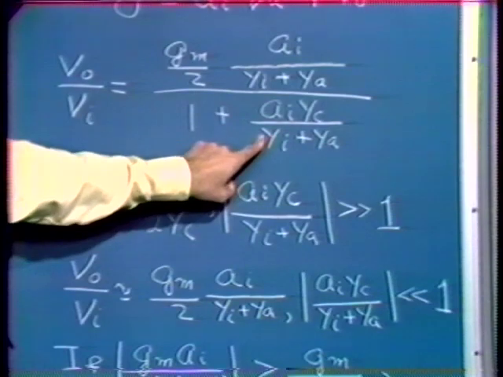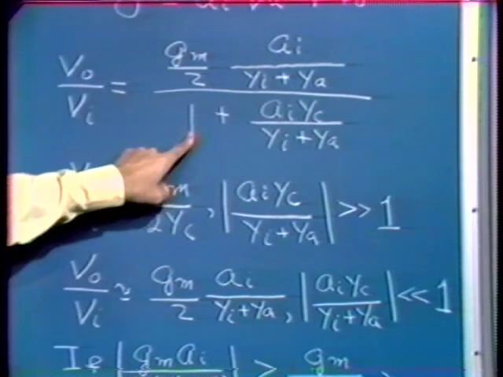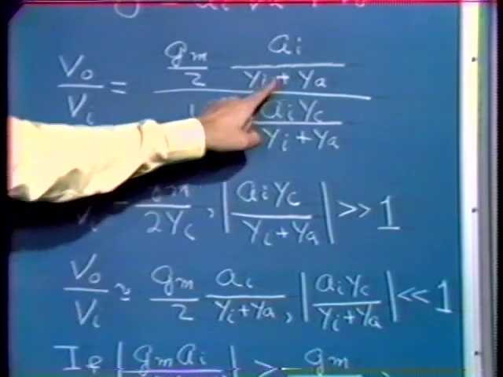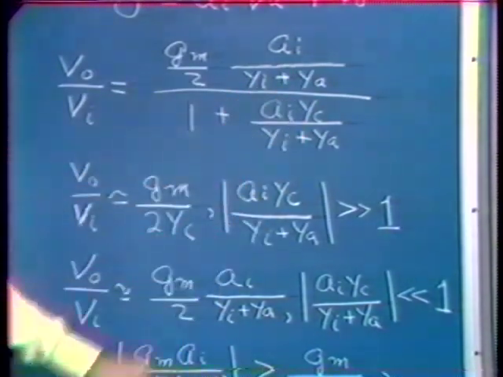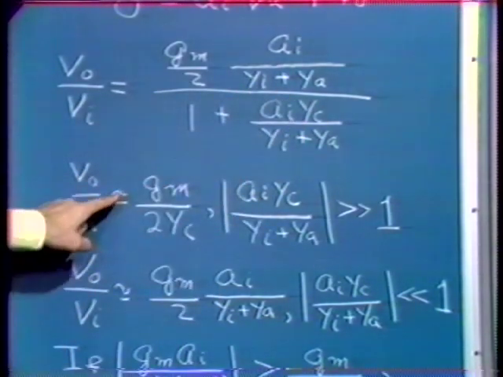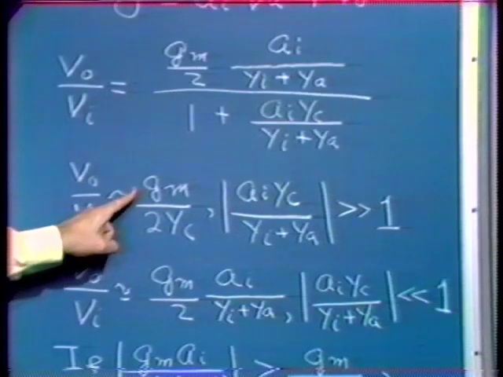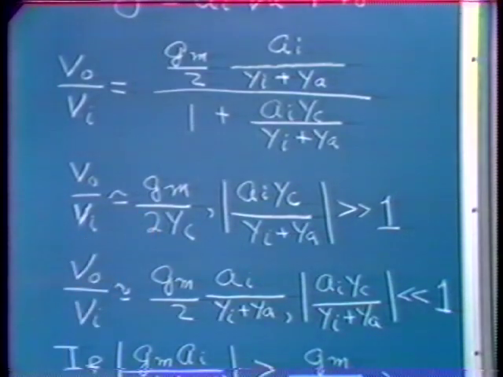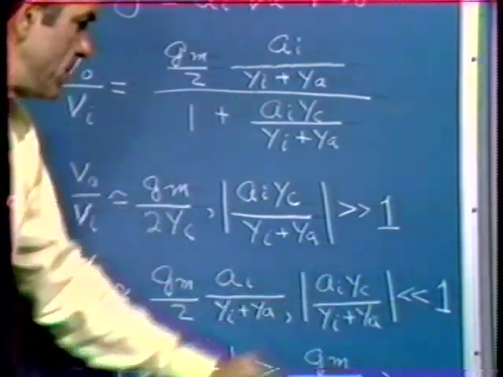In other words, if this term is big compared to 1 in the denominator, we can ignore the 1. The AIs cancel out. The YI plus YAs cancel out. And under those conditions, the open loop transfer function of the amplifier is simply GM divided by 2 times Y sub C. In the other limiting case, where the transmission around the minor loop is small compared to 1,